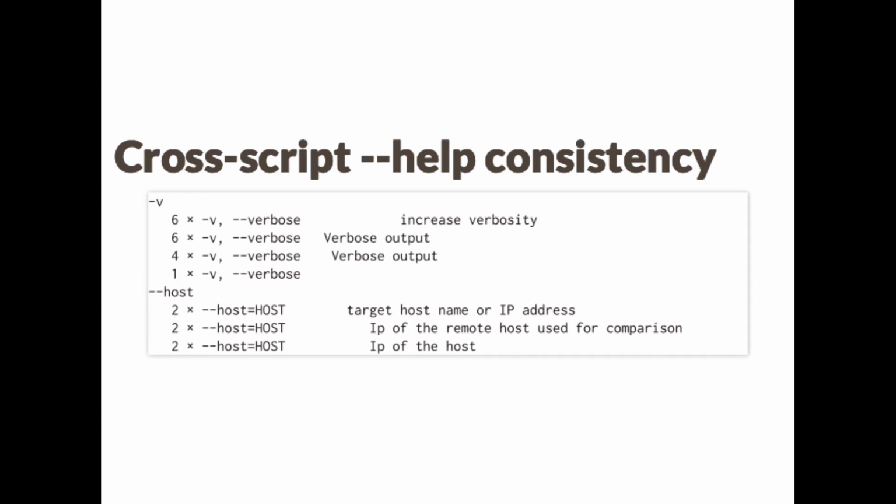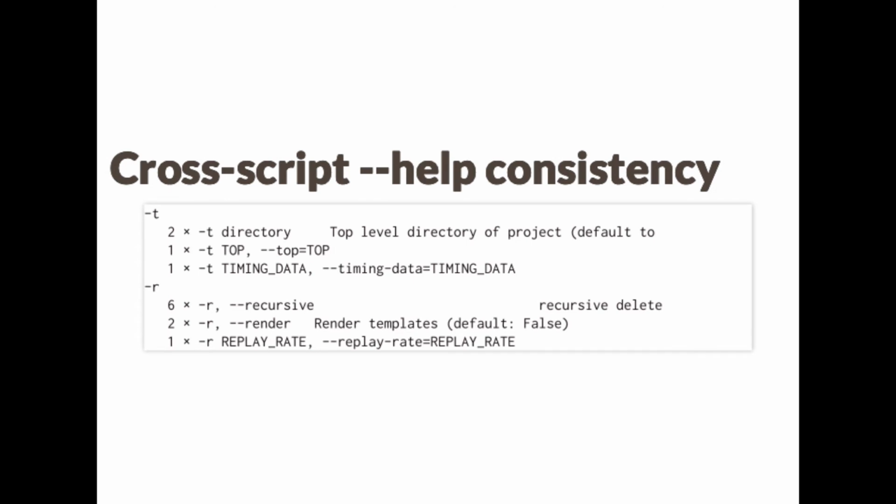It's like a hint at it. And then the dash host, where sometimes we find that it can mean a host name, and other times it just has to be an IP according to the help. And then there are these ones, the timing data, replay rate,